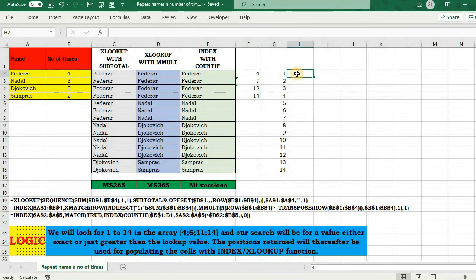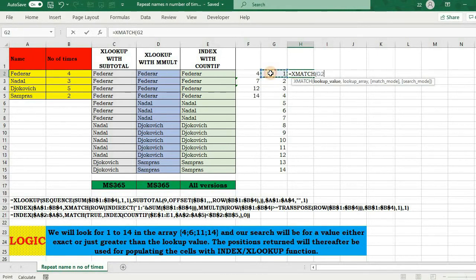So I will initiate an approximate match, and that approximate match will be exact or the number just greater than that. We have a tool in MS 365 to do that, and that is XMATCH.